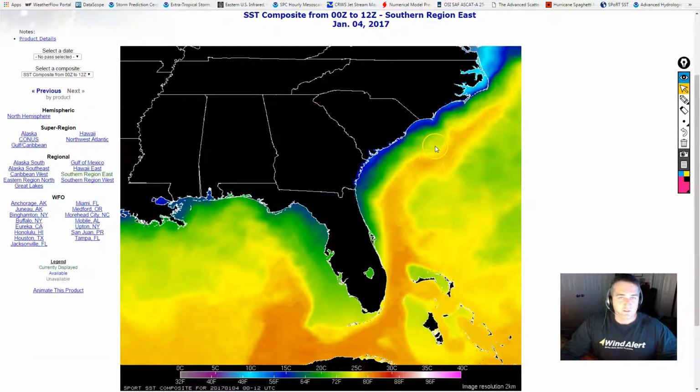Now we talk about sea surface temperatures and that warm nose. Right now the Gulf Stream is at a pretty sultry 80 degrees out there. As we get into the Florida-Hatteras slope, where the green is, the temperatures start to drop off to about 65 to 63 degrees. And as we get to coastal shelf waters here, it went up a degree from yesterday at 58.3, so that's a little bit warmer than normal,